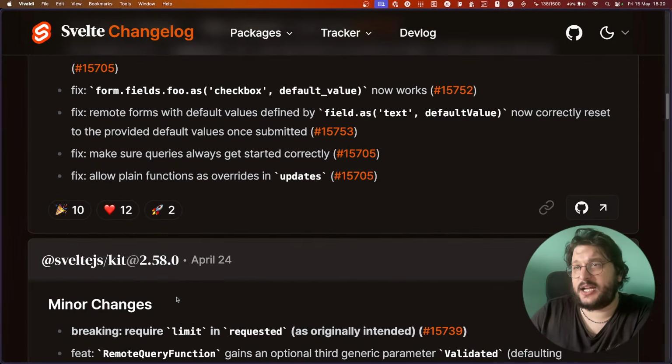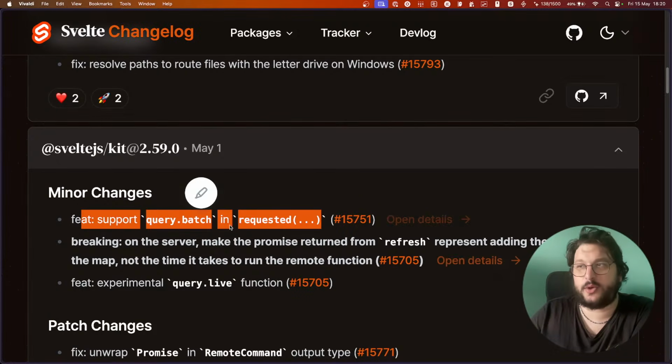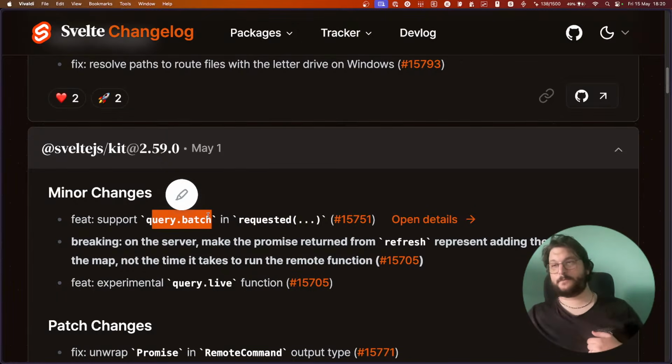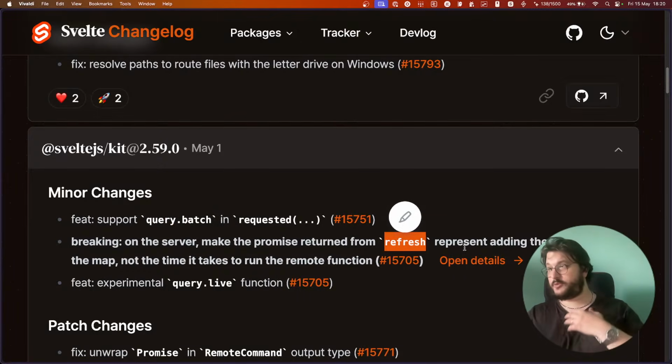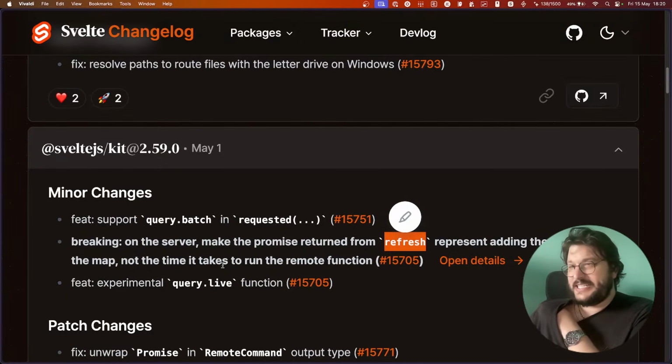Okay, this is done, and we have a new minor, which is support query.batch in requested. So now you can also use requested with query.batch, which is nice. Breaking: on the server, make the promise returned from refresh represent adding the refresh to the map, not the time it takes to run the remote function.